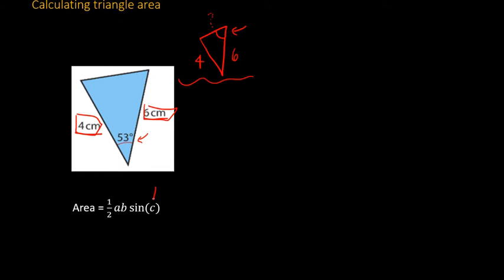Sine C, C is your measure of your angle. So this becomes the area of 1/2 times 4, the length of this side, times 6, the length of that side, times sine of 53 degrees. And you just type in 53. Now this setup is the crucial part. Once you get this, it's a matter of typing it into a calculator and hitting enter. And you should get that the area equals 9.58